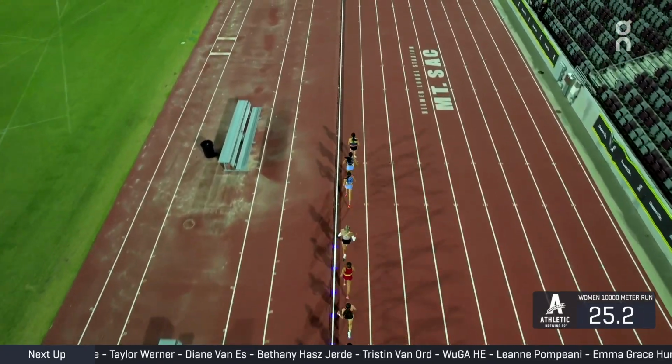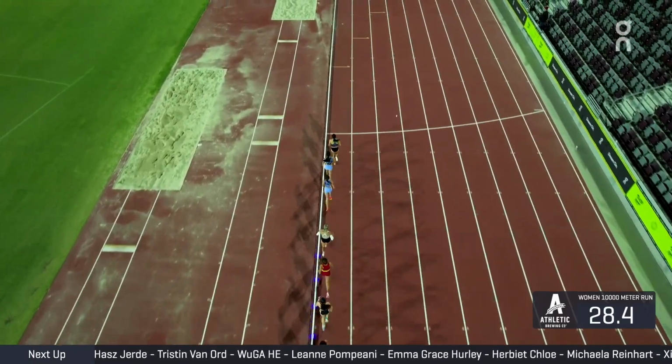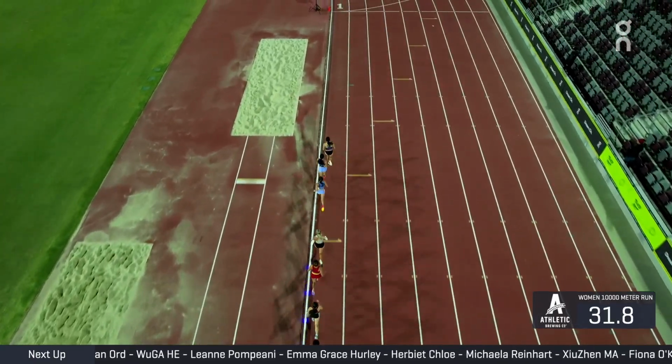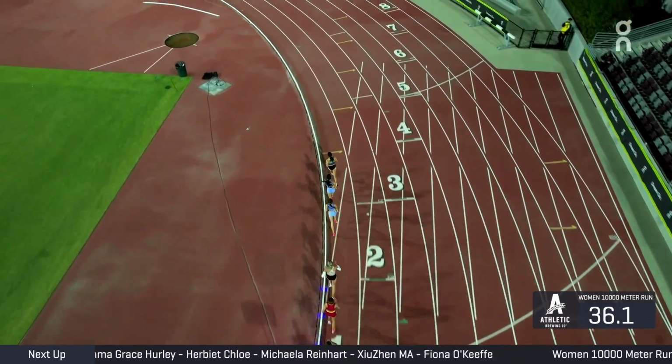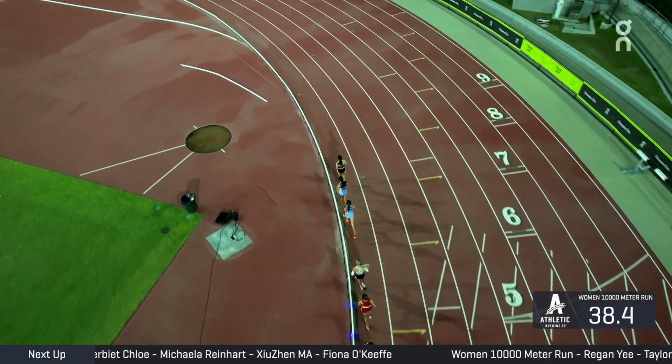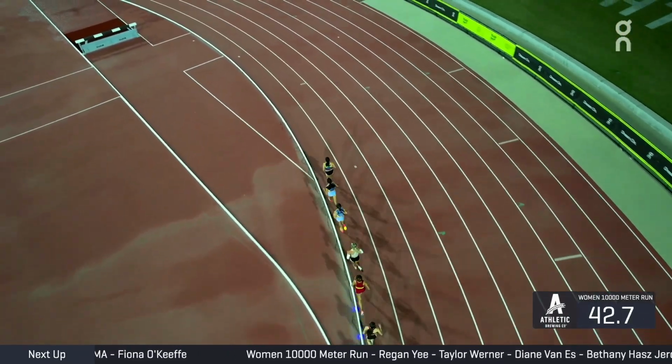So Reagan Yee out front to start. And then Taylor Werner, the other pacer behind her. And then Fiona O'Keeffe latching right on there. They're aiming for 15:20 at 5K. The Pacers are supposed to go 5 to 6K if they can, which would be really great